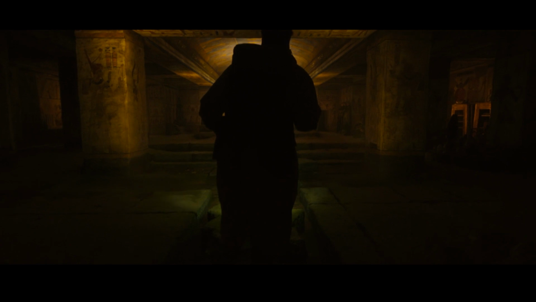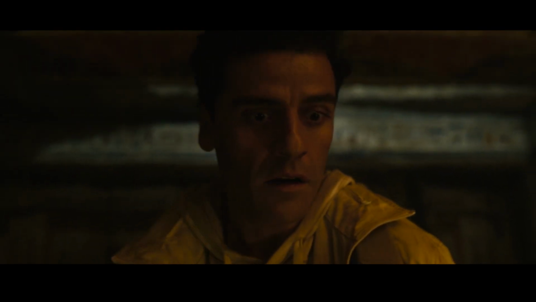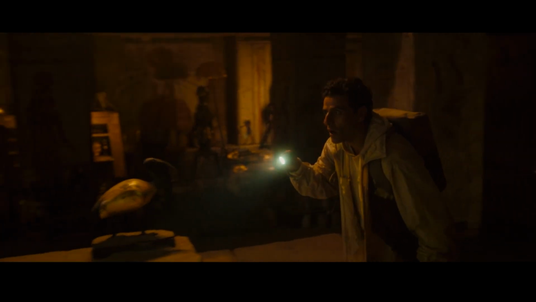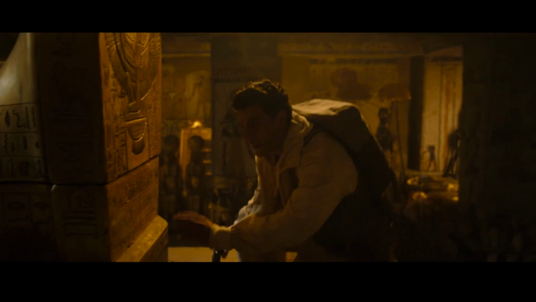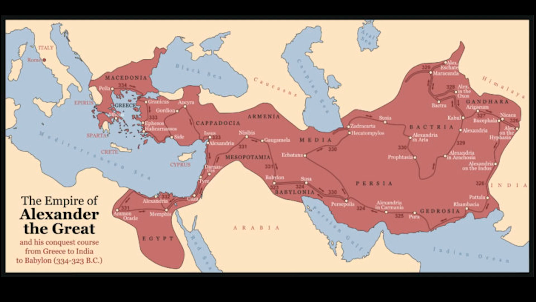Stephen discovers a sarcophagus room of the pharaoh, and he states that by the look of it, it must be one of the big ones. If you do your research, you will discover that this is possible, as there are many tombs of ancient pharaohs that have yet to be discovered. Stephen sees Macedonian writing and realizes this tomb belongs to the only pharaoh who ruled over Macedonia and Egypt, Alexander